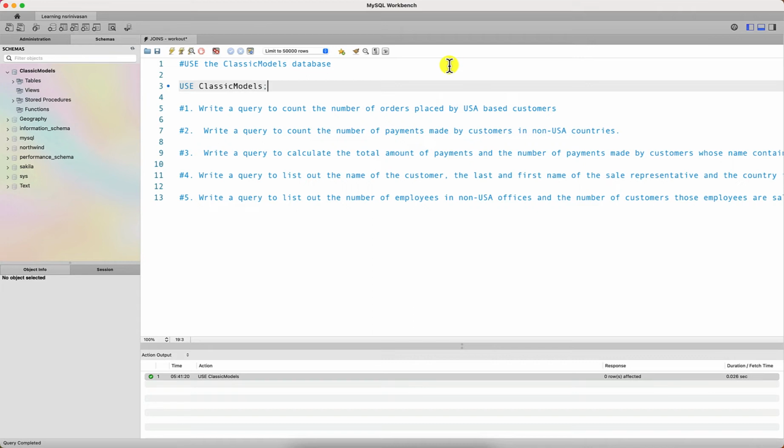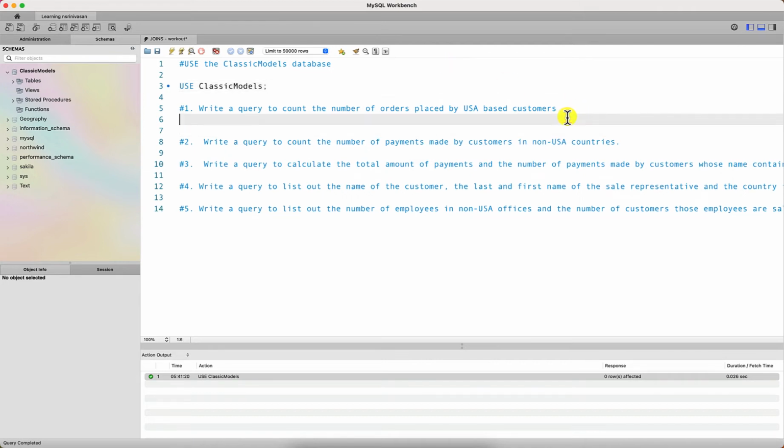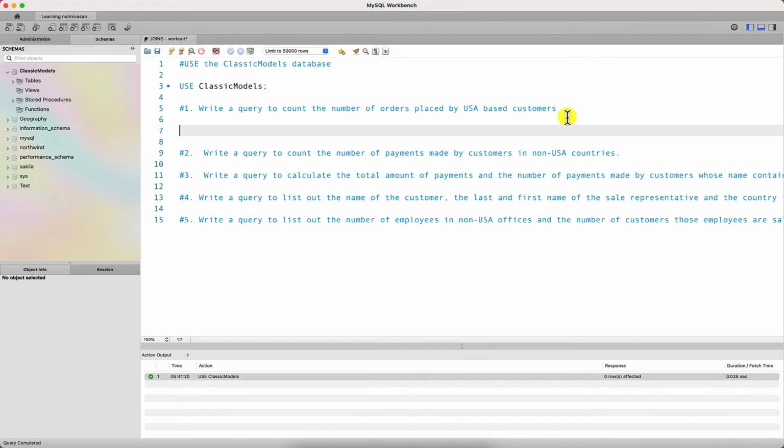Hopefully you've been successfully able to attempt the following queries. So let's go ahead and take a look at their solutions. The first query asks you to write a query to count the number of orders placed by USA-based customers. Now,